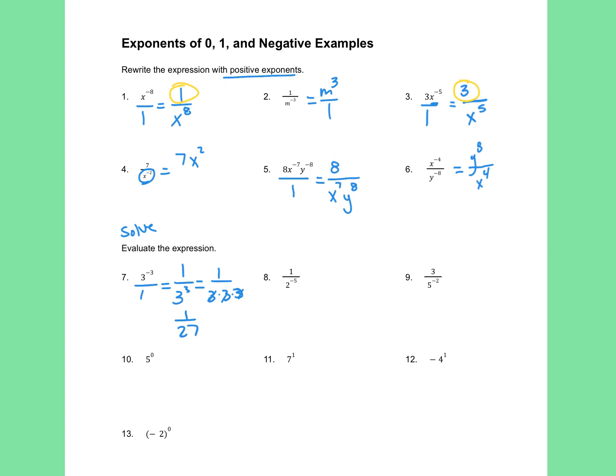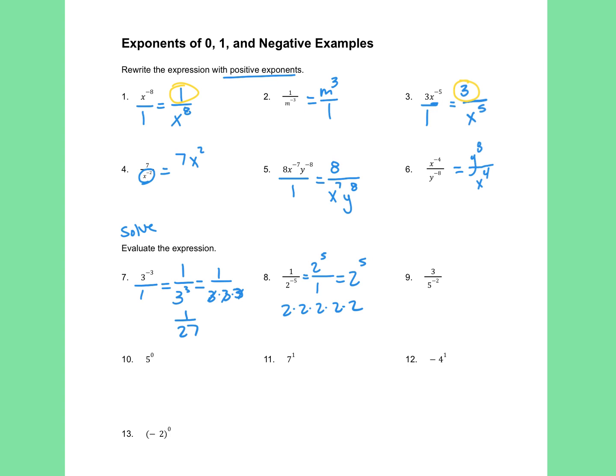On number 8, it's already in the bottom, so I'd have to move it to the top to be positive. There's nothing on the bottom. I could put the 1, or I don't need to. I can just leave it as 2 to the 5th, because anything divided by 1 is going to stay the same. So this means I've got